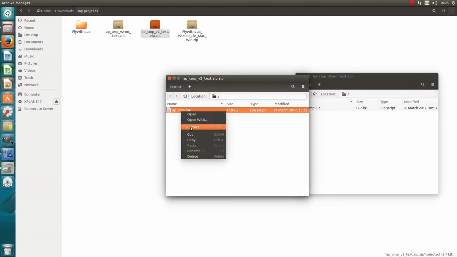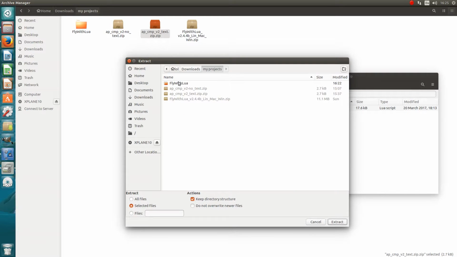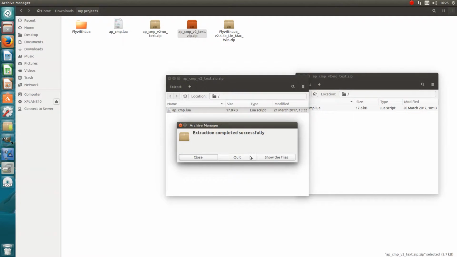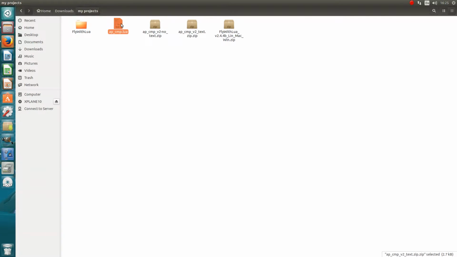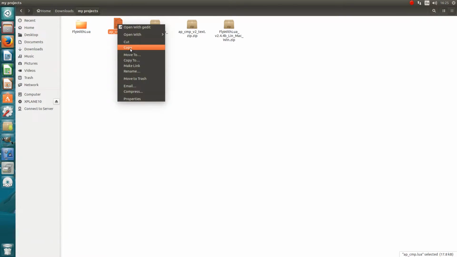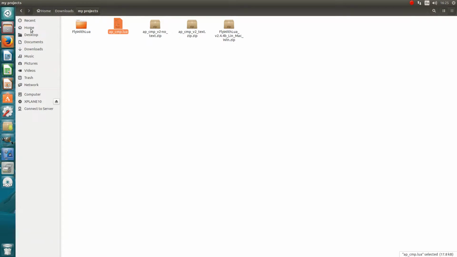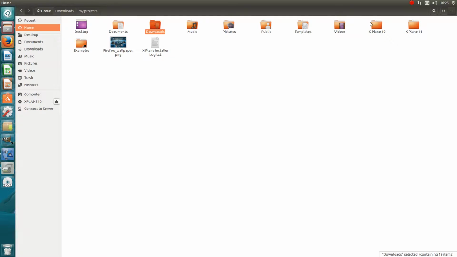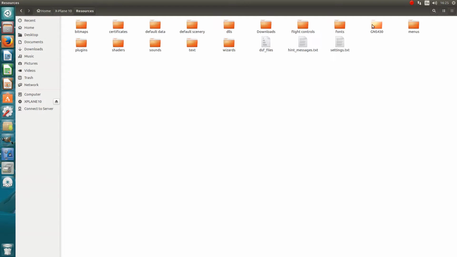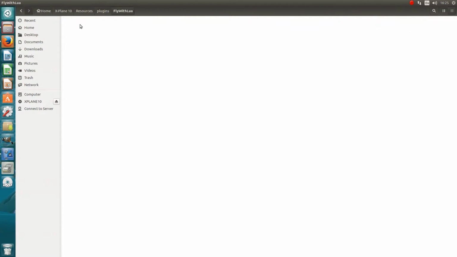So we are just going to say extract, and we want to extract it. Yes, we do that. Quit. Then it is extracted. Then you say cut or copy or whatever you do. Go back into your X-Plane 10 root folder, into resources, plugins, Fly with Lua, and the script folder. Now you're going to paste it in here, and then you have a few options, but we would return to those